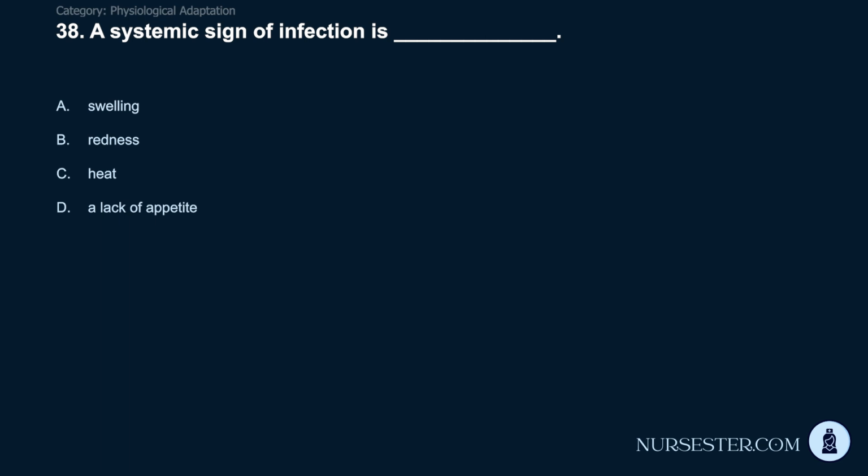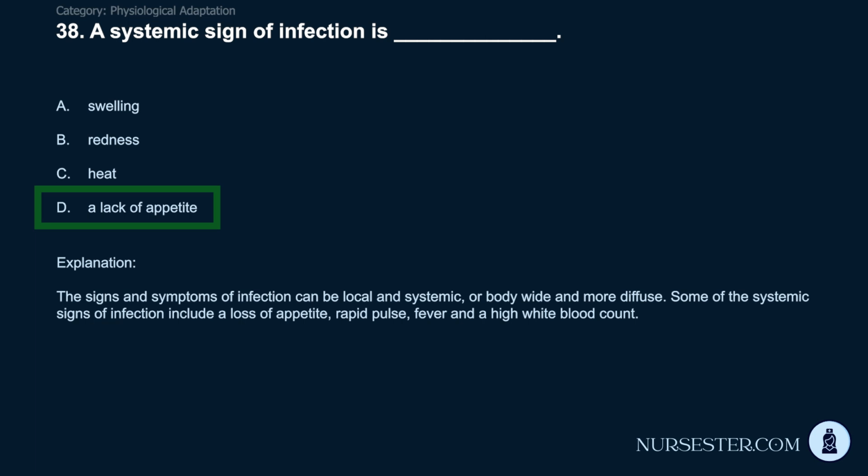38. A systemic sign of infection is underscore. A. Swelling. B. Redness. C. Heat. D. A lack of appetite. Correct answer, D. A lack of appetite. The signs and symptoms of infection can be local and systemic, or body-wide and more diffuse. Some of the systemic signs of infection include a loss of appetite, rapid pulse, fever, and a high white blood